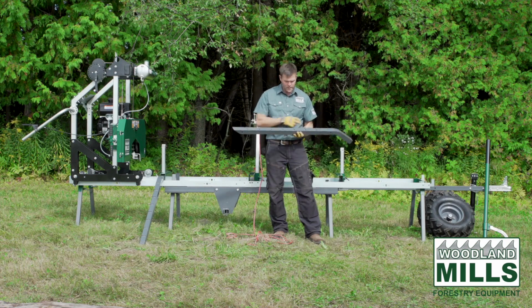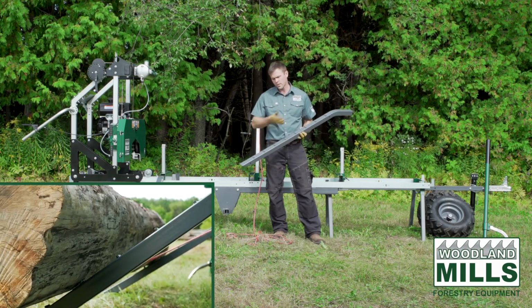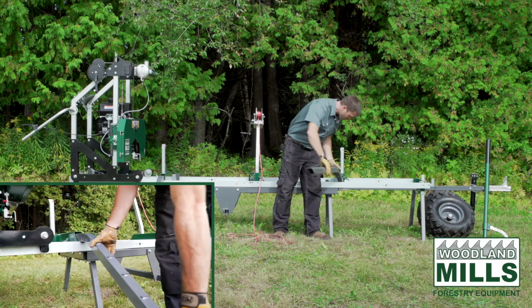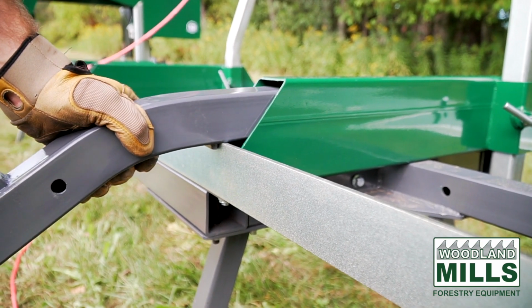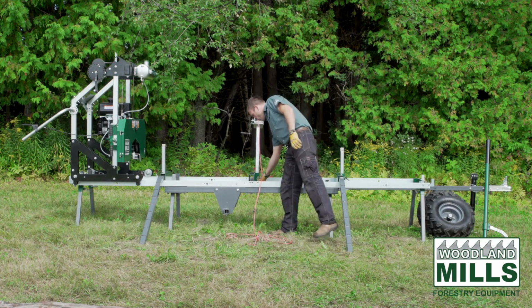We've got welded key stock sections on the top, and that's to force the log to roll as opposed to slide up the ramps. We also have a key stock stopper on the back, which when inserted into the bunk gets hit tight against the side of the rail, and it prevents those 2 ramps from sliding in as you're winching up. In the kit, you're also going to get a winch